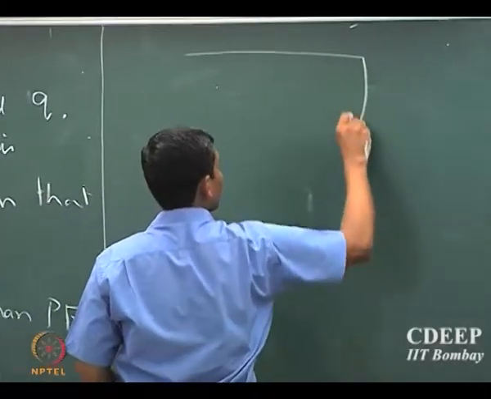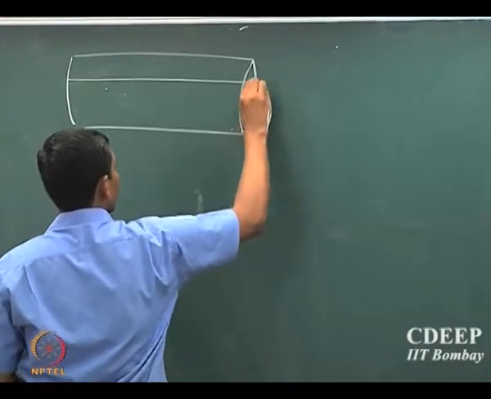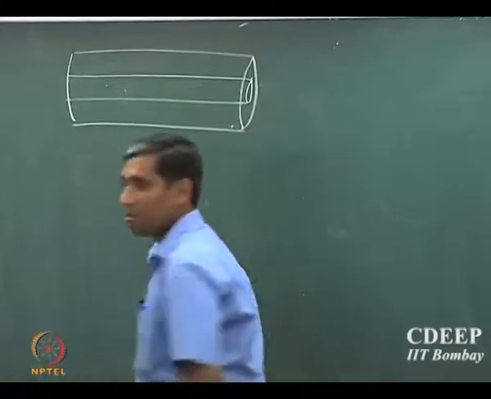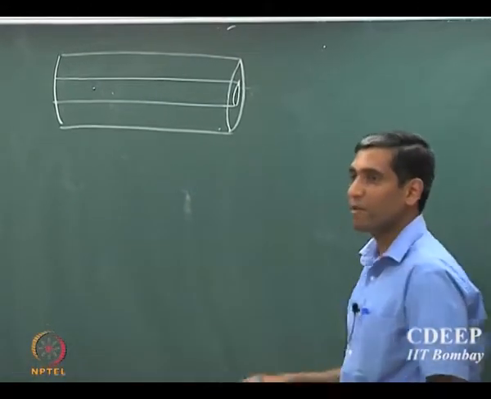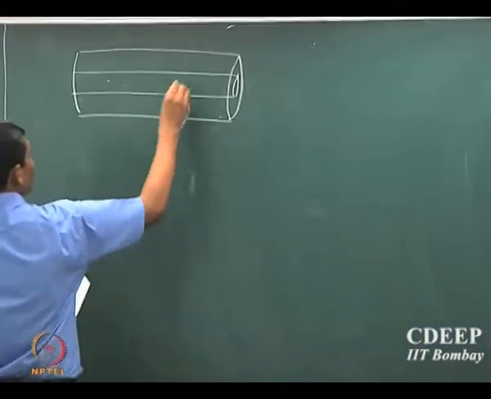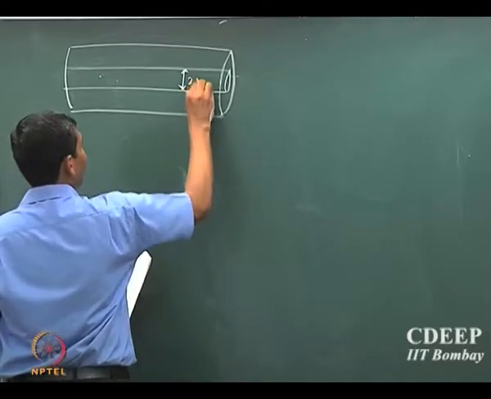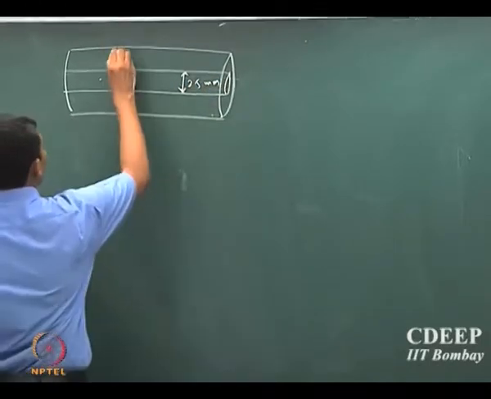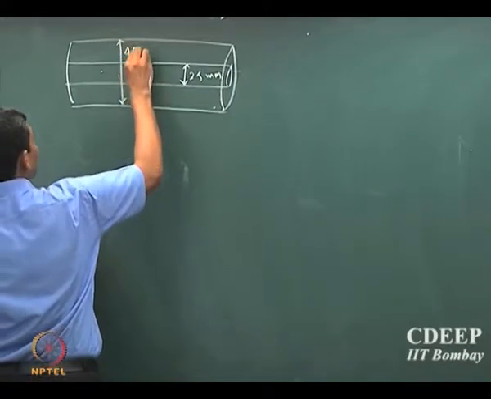Let's look at an example problem. Suppose we have a concentric tube, which is what you had in your lab experiment, but this example is slightly different from the experiment that you have done in the lab. The diameter of the inner tube is 25 millimeters and the diameter of the outer tube is 45